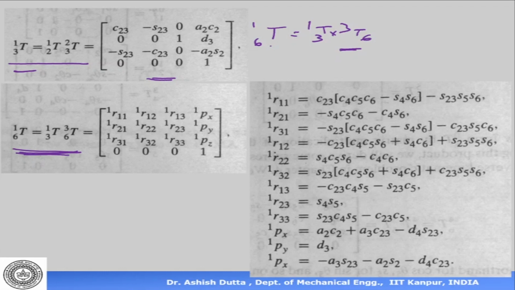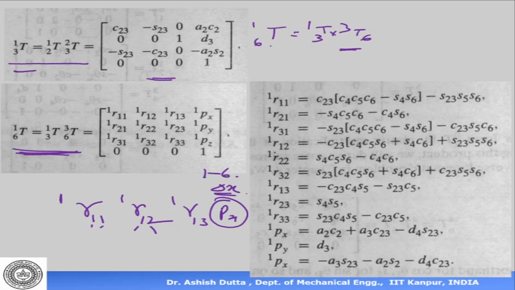Now the expressions become very long, as you can see. So we are just writing this down: the 1 to 6 matrix is written this way, R11. This is my first term, second term, third term. The way it is written, R11 means row number 1, column number 1. R12 means row number 1, column number 2. R13 means Px, the distance in the x direction, so the distance between the origins of the first frame and the 6th frame in the x direction. That's the meaning of Px. That's what I was trying to explain here.